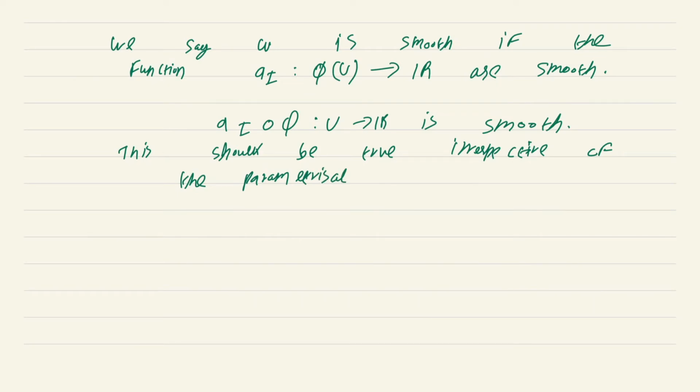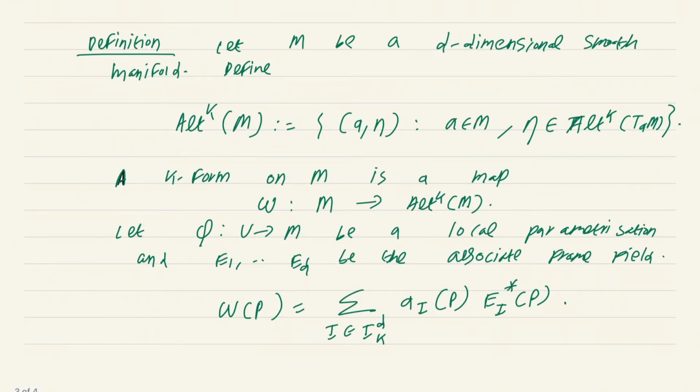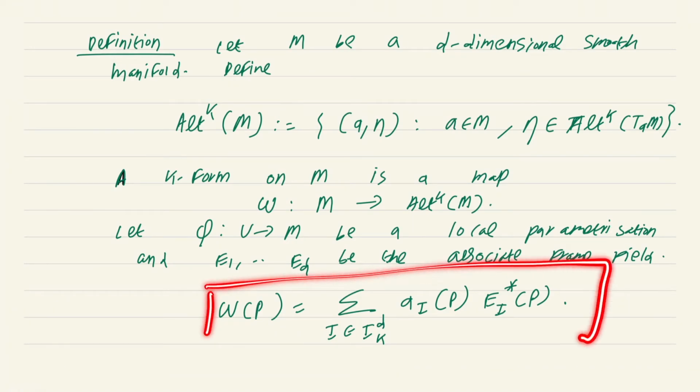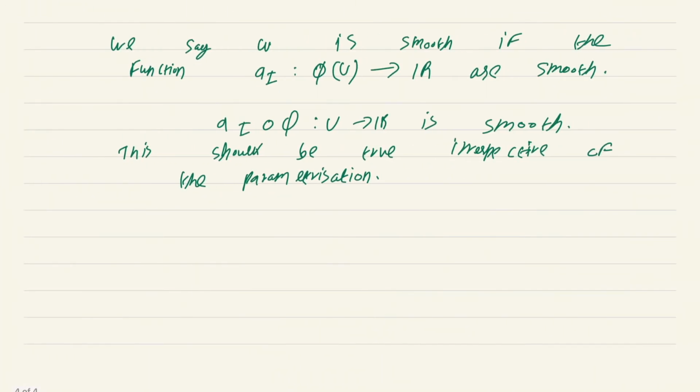That means no matter what parametrization at whatever point in the manifold I choose, when I write down the form in terms of the frame field obtained from that parametrization, I must always end up with smooth functions. Then I say that the k-form is smooth. Okay. Now the collection of k-forms